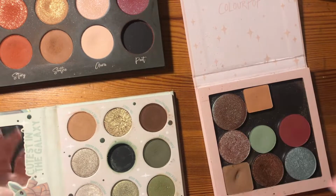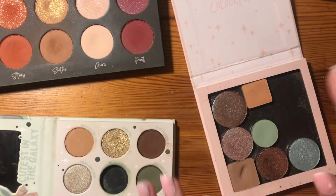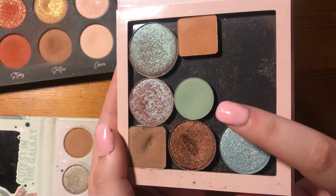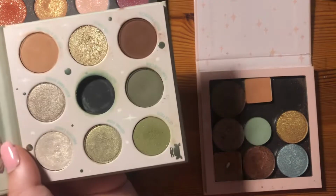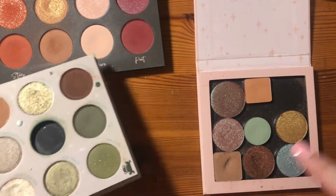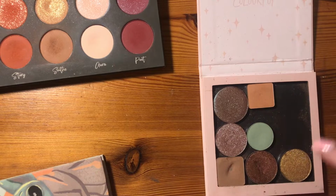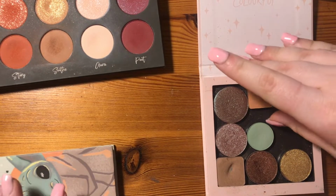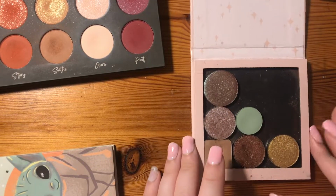And I am actually going to take out the Ritual shade. So this green shade is my Pan Those eyeshadows. So is this Tatty Beauty shade, and as they're both magnetic, I think I'm going to take them out and put them in here along with my other two shades, which are currently in my Pan Those eyeshadows, which are these two, as I think it would be really cool to have them all together,